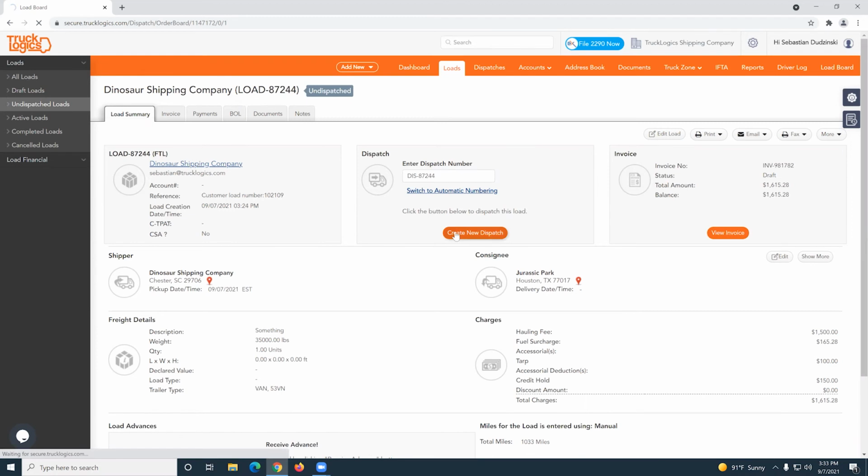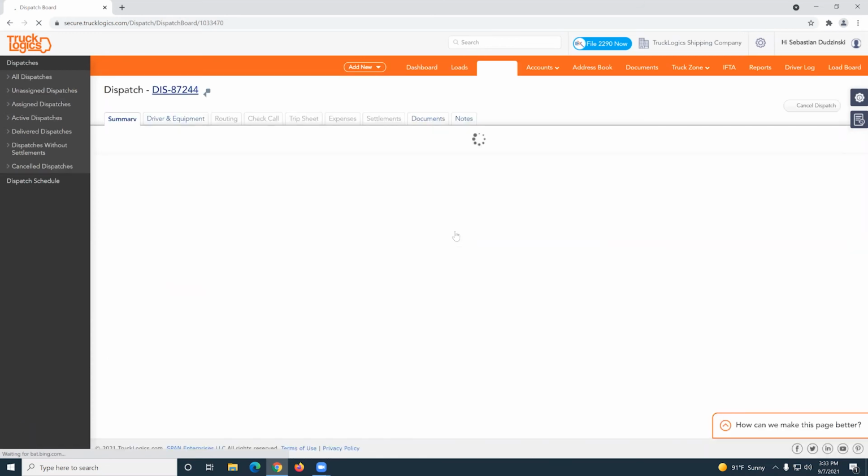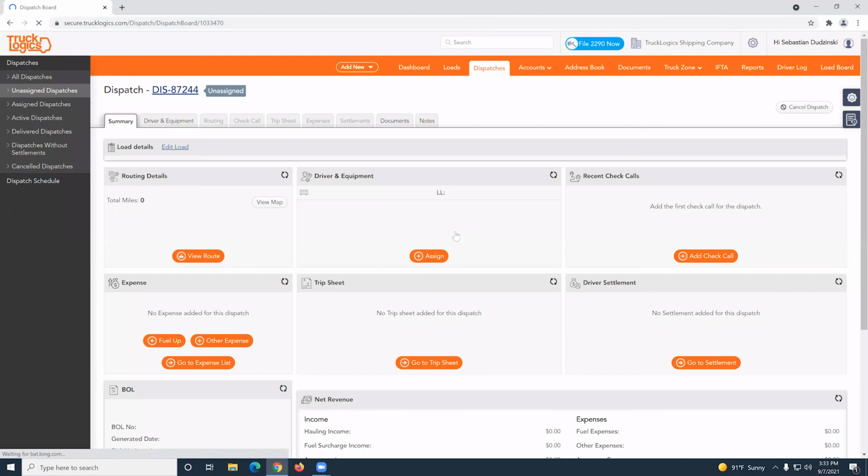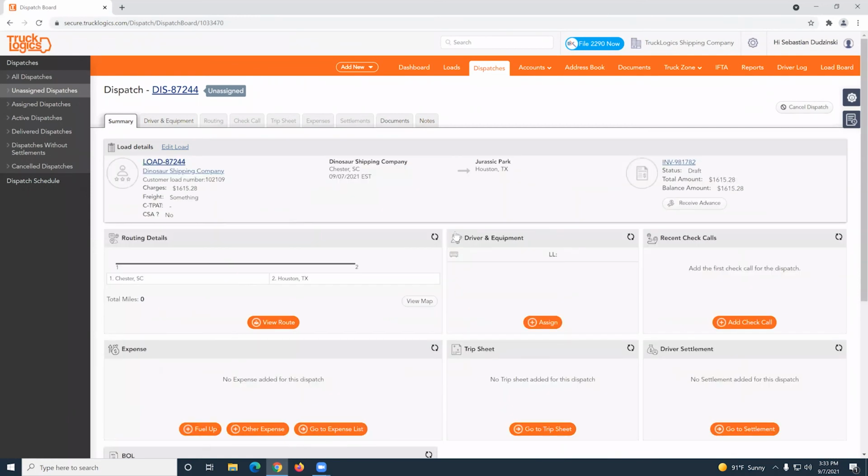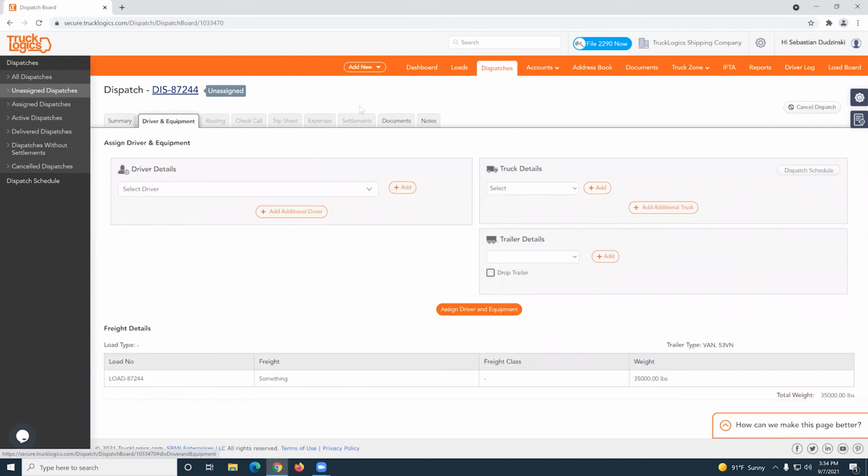Now that I've entered in the load information, I do not have to retype anything that was related to the load, but now I need to record the information about how this freight then moves. So first stop for dispatching is you're going to click driver and equipment. On the driver and equipment tab, you'll select the driver that's actually hauling this. Let me go ahead and select my guy here,